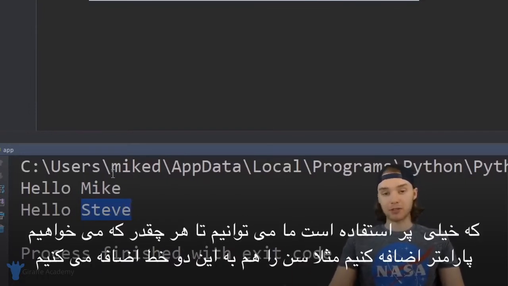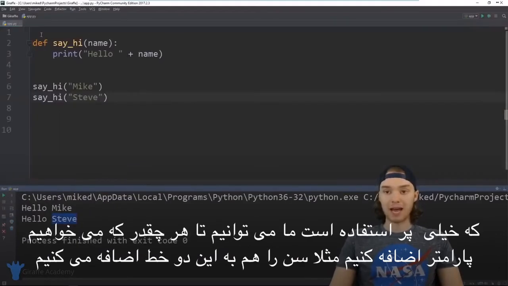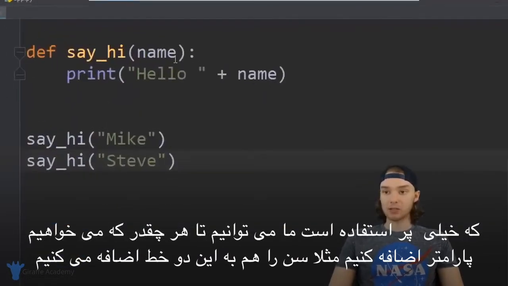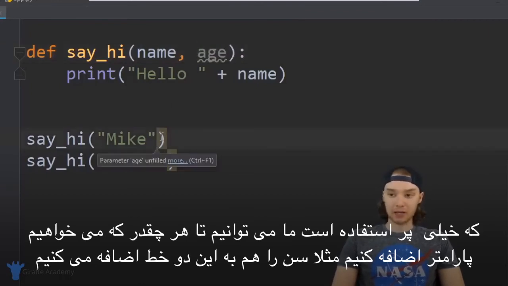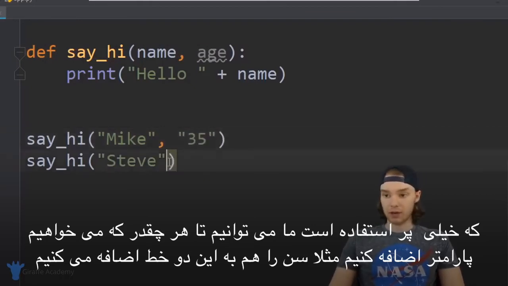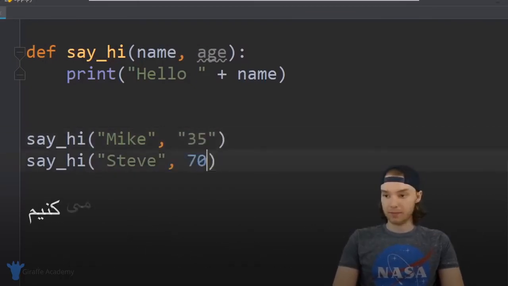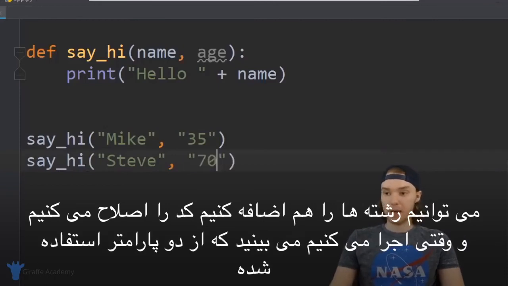We can give the function information, and depending on the information we give it, it'll perform its task a little bit differently. I could also include more than one parameter. So technically you could have as many parameters as you want. So I can put another one in here, we could say age, and now I'm gonna have to pass in an age along with these. So I'm just gonna pass in an age and pass in an age for down here. And I'm just gonna pass in strings. So we can say hello name,